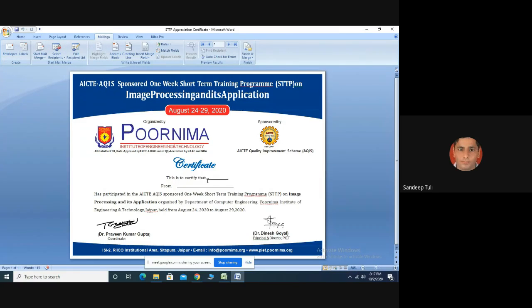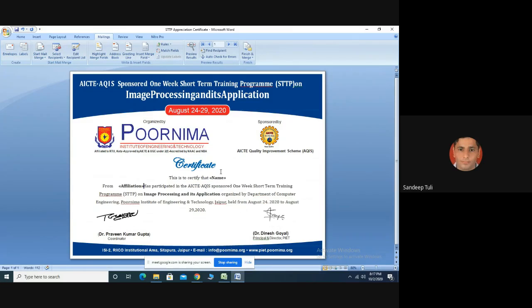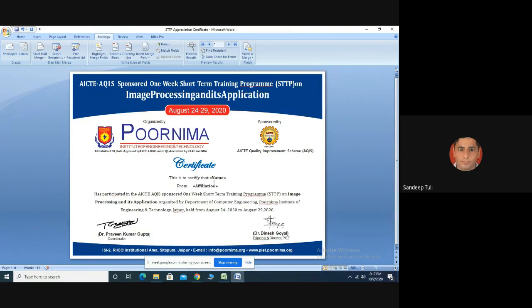Now I need to insert the merge fields. I need to select that particular area where I want to insert. On clicking Insert Merge Field, you can see that the headers of the columns are there already. I am going to select Name because I want the name over there. Then affiliation, if I want, I need to select. Now you can also change these tags, like making them black, bold, or italic.